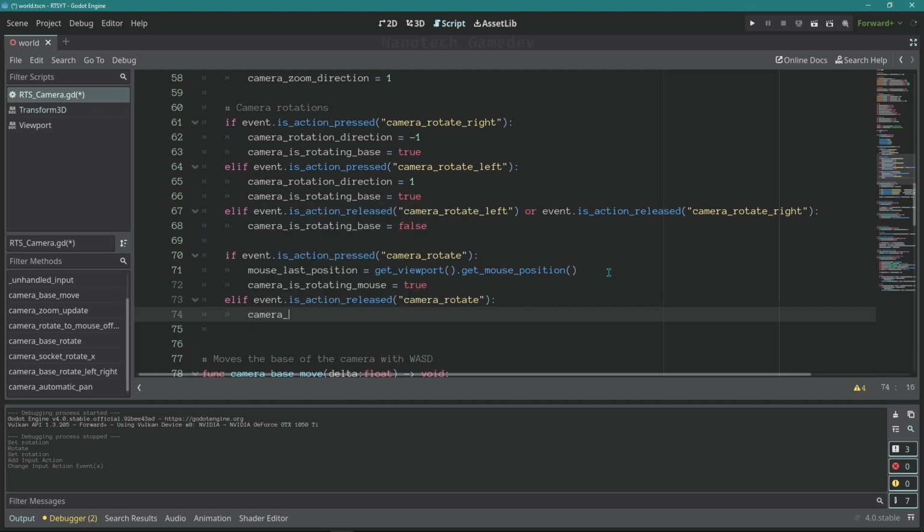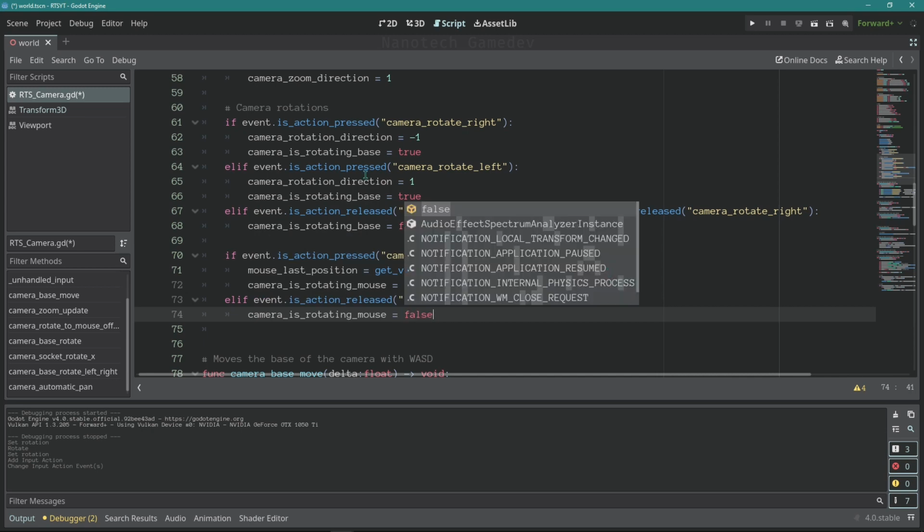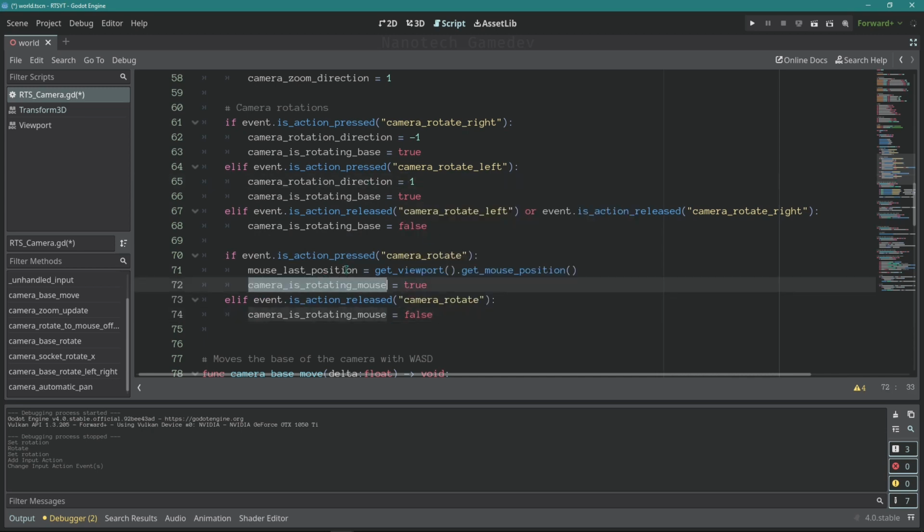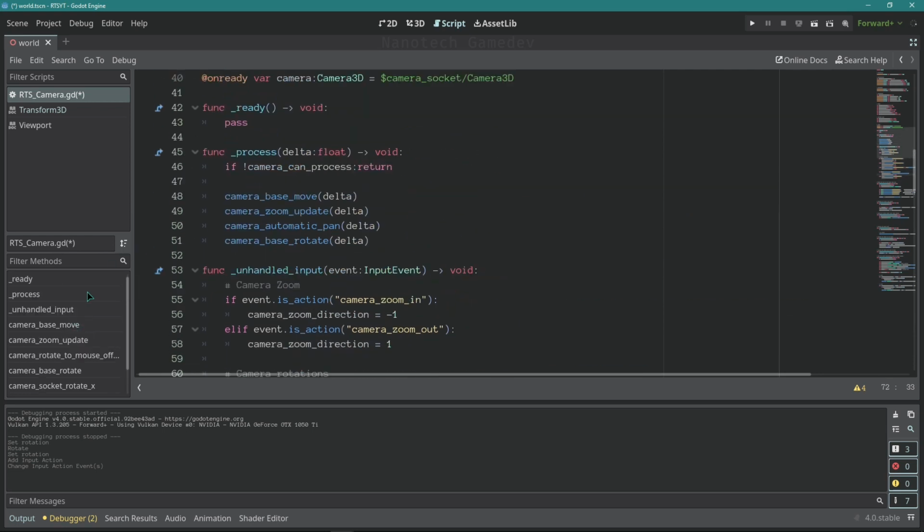Camera is rotating mouse equals false. So now we have an activator for our camera rotate and it is actually recording the last mouse position. Now we can check this code right here. On the process we can call